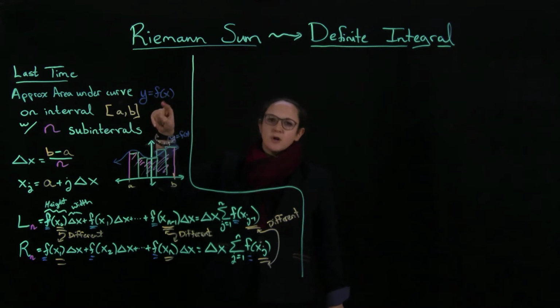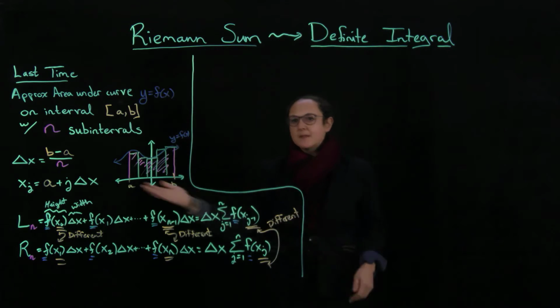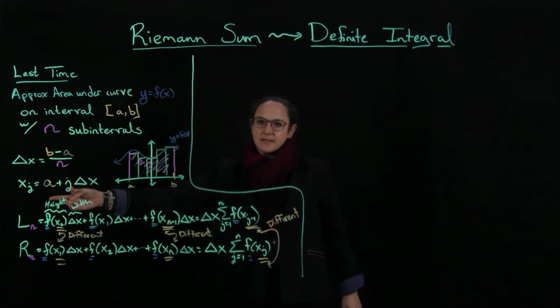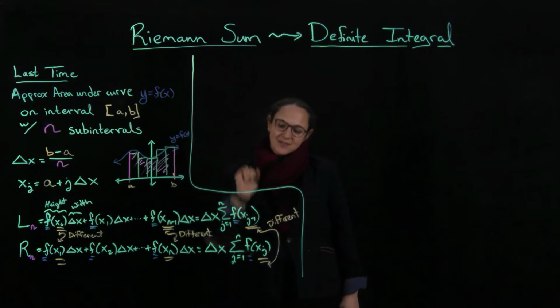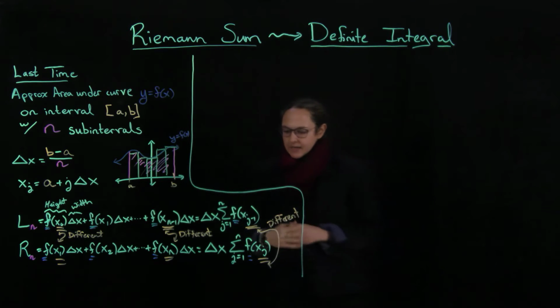This f is the function for the curve. And then we went through, and these were our heights. Plugging into the function gave us our heights. Our widths came from the delta x, which was the width of the subinterval. So now,